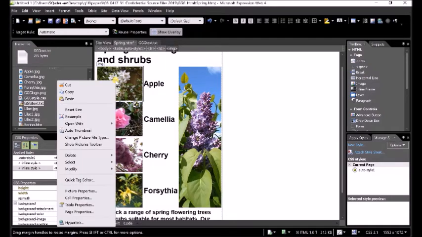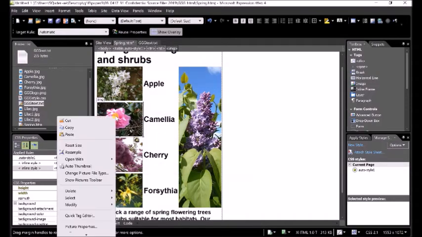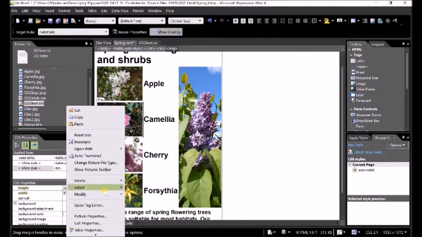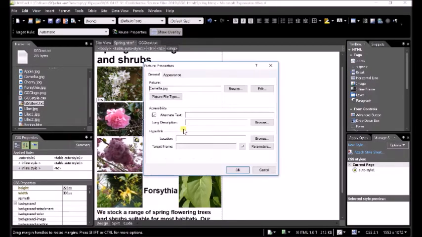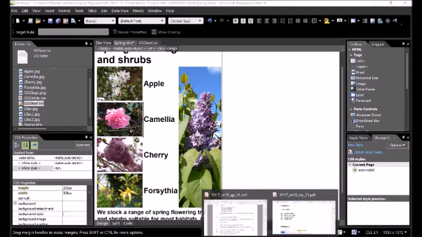Now I have to work on picture properties. Alternative text, I will write apple tree. Also here for this picture properties, I will write camellia, and so on. For each one you should do it. After this,